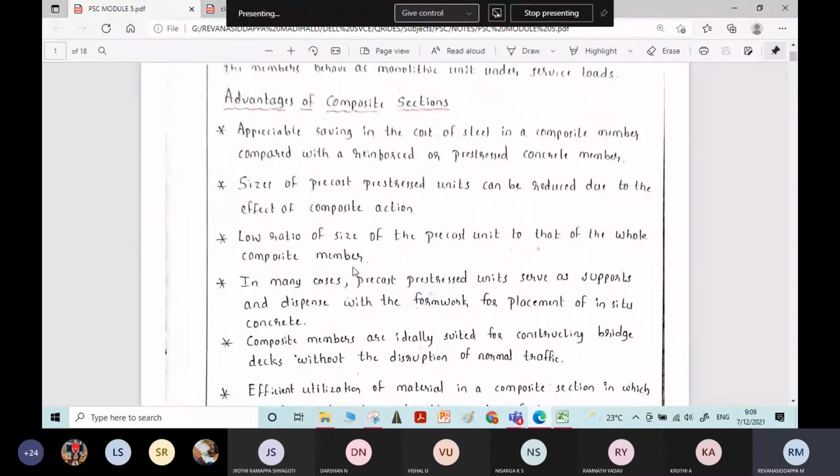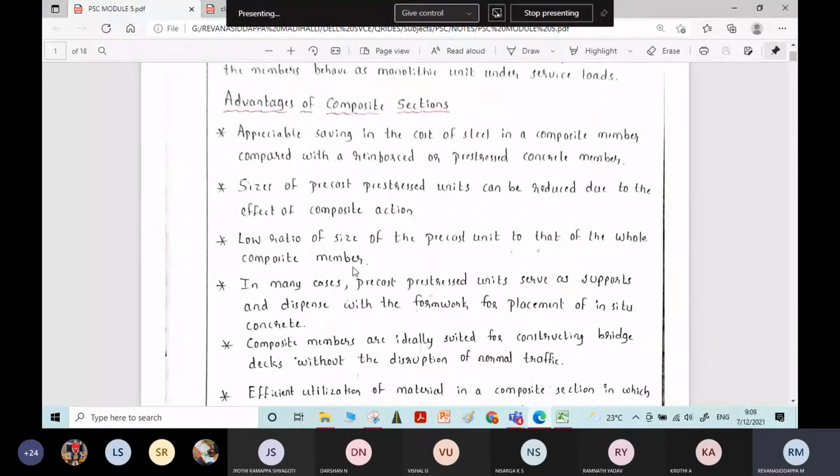See, when you take a girder of any bridge, on one side it will be subjected to compression, and the other side will be subjected to tension. Especially the top fiber will be subjected to compression and the bottom fiber to tension. At the top fiber, we are placing cast in situ concrete, that is an RCC slab. When you place the RCC slab over the I girder, it will act as a T section, a combined composite T section.